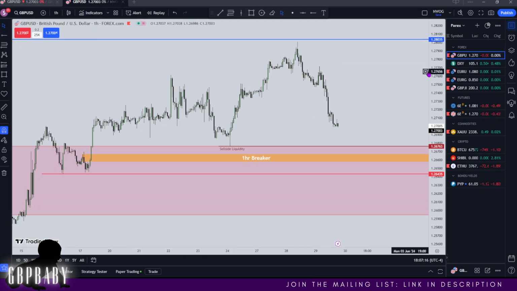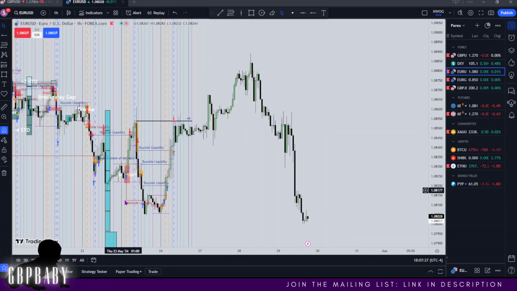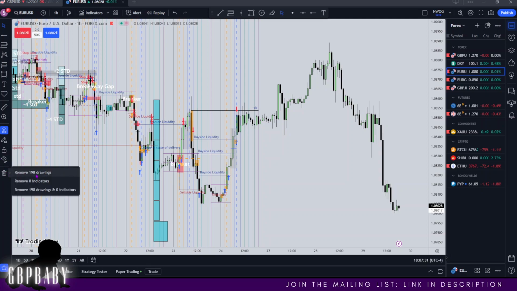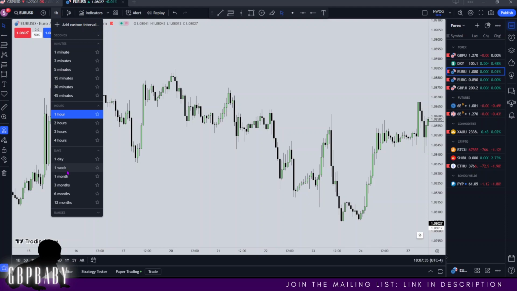So let's finish up on Euro USD, and I did do some back testing by the looks of things. If you want to see all of this, join the mailing list, because I've done a lot of back testing, as you can see on the 5-minute, showing trade setups and whatnot. So definitely join the mailing list to find out what that's about. We will go to the weekly,